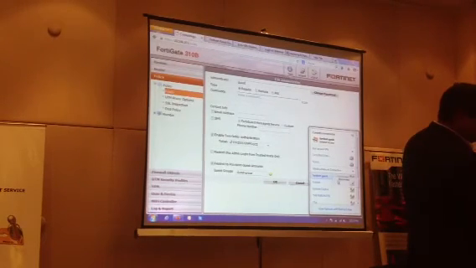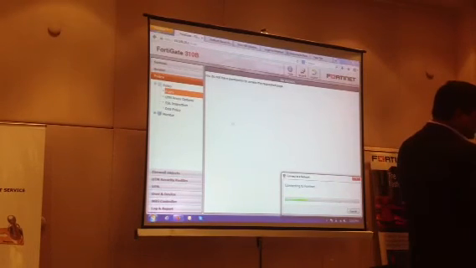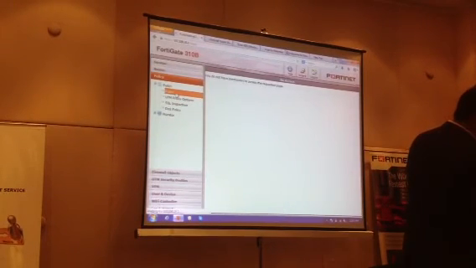So I have to again disconnect from the guest profile and reconnect to the Fortinet. I think I have not created the profile for guest users.